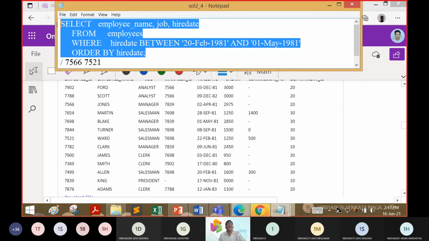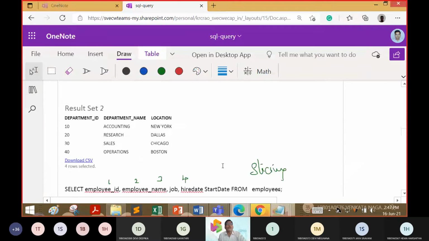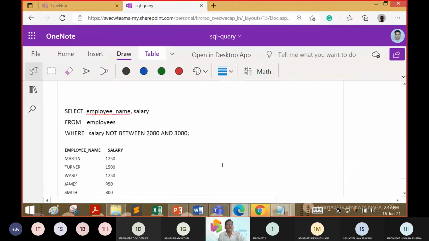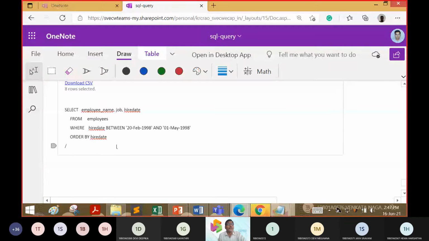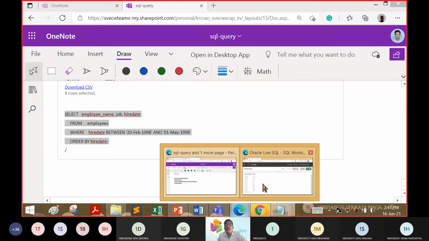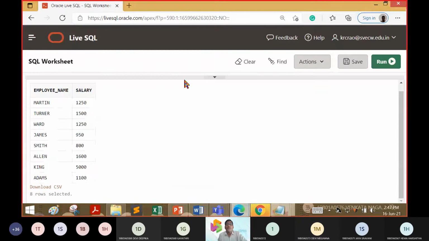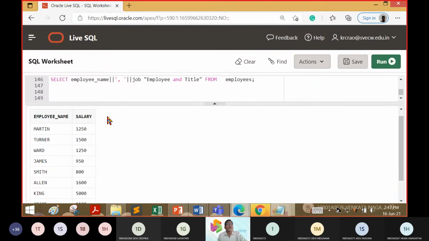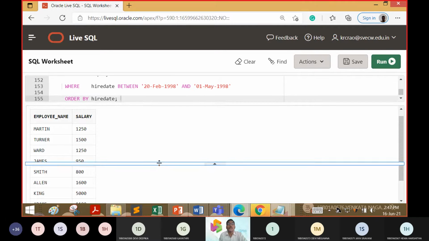So now what we will do is take the same query, move to the live SQL, and see how the answer is going to come up. We will paste this at line number 149.